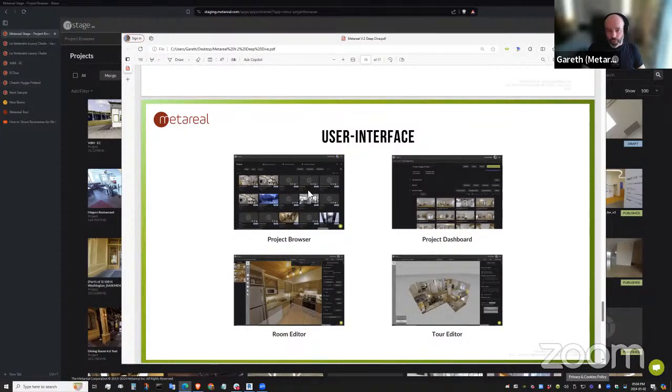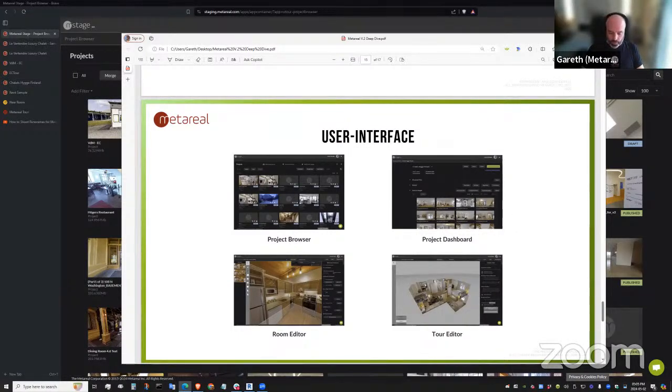When you open a project, and we can see some here, and we'll get onto that in a second, you have the project dashboard, and that has all the assets and all the main functions that you're going to do with a project. And then from the project dashboard, you can open the 2 editors. There's the room editor, where we do the image-based modeling, the 3D reconstruction. And there's a tour editor where everything's assembled. We can look at navigation, we can add logos, we can customize the UI elements for the player. And that's really all you need to know. Outside that, of course, there's some subscription management, and some other account management interfaces, but that's really the crux of it.